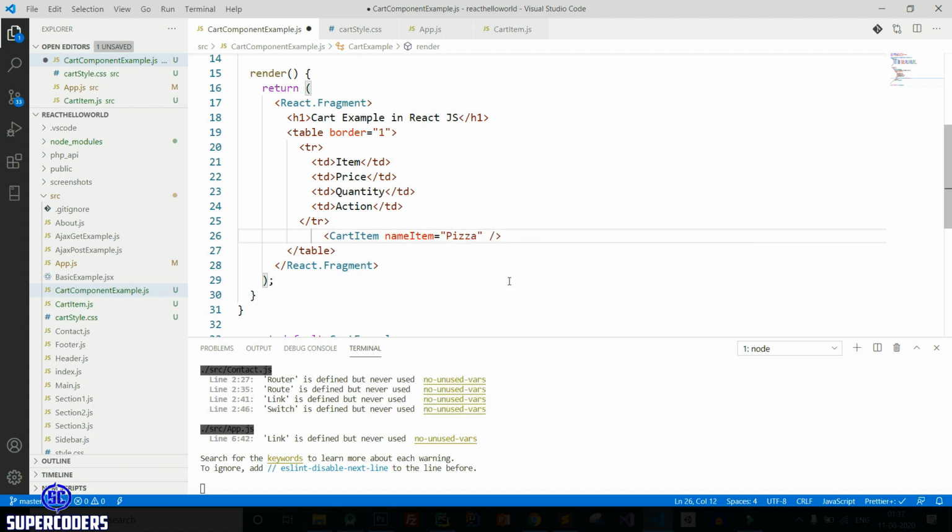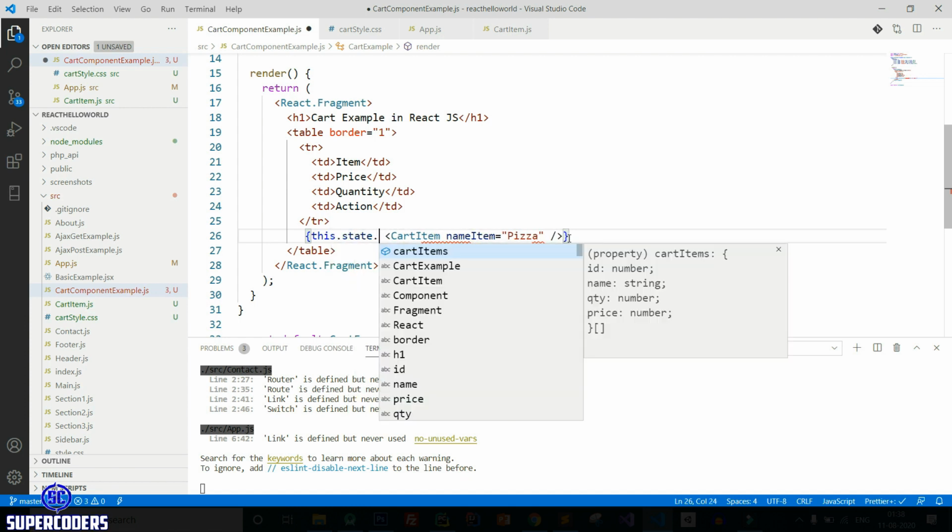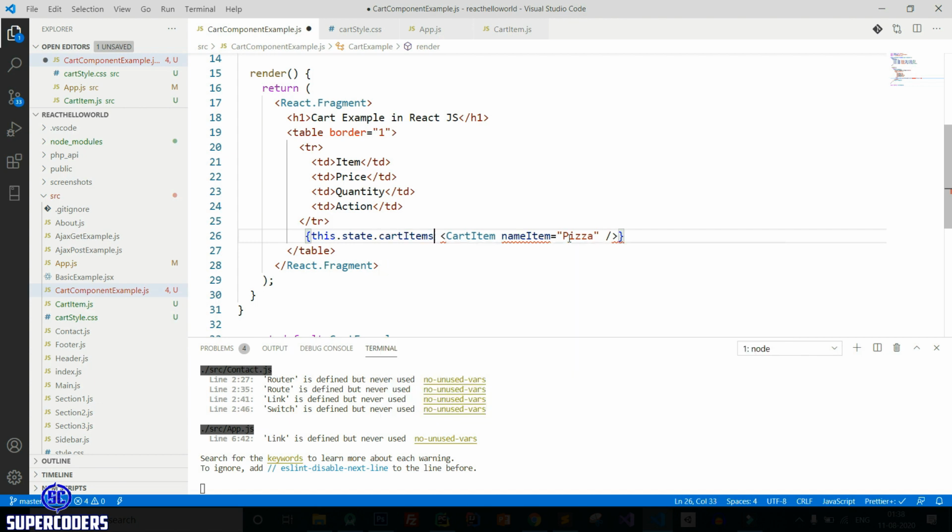Okay, first giving expression. Then this dot state dot cart items dot map,